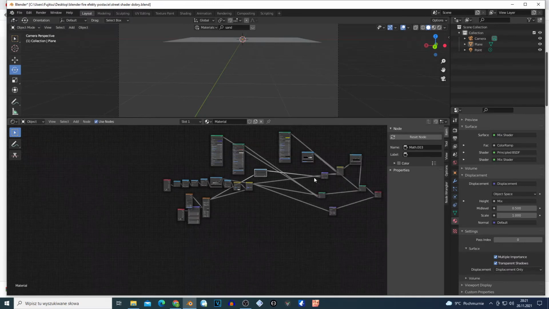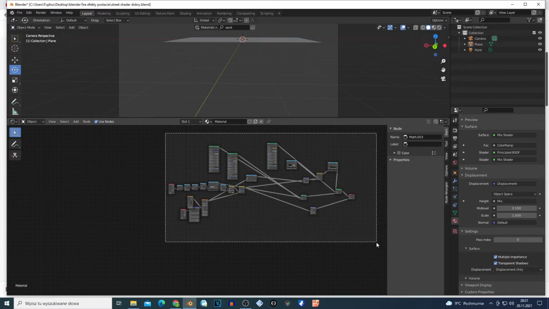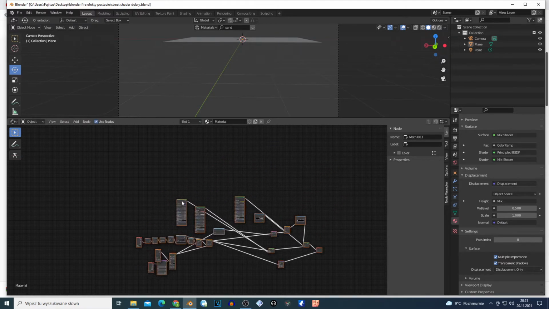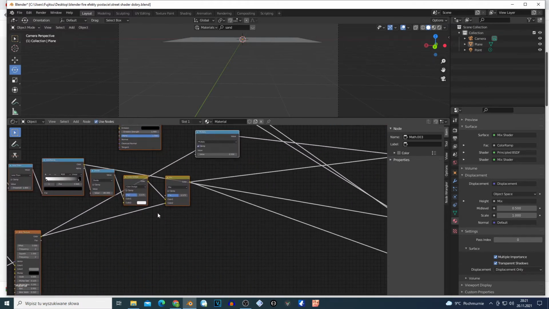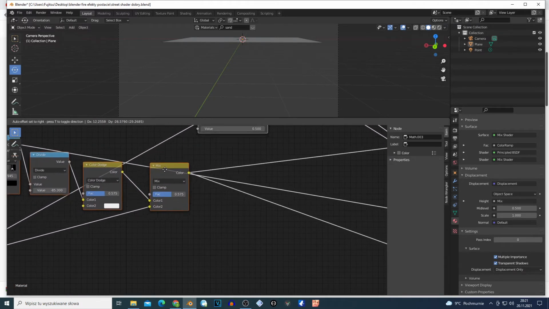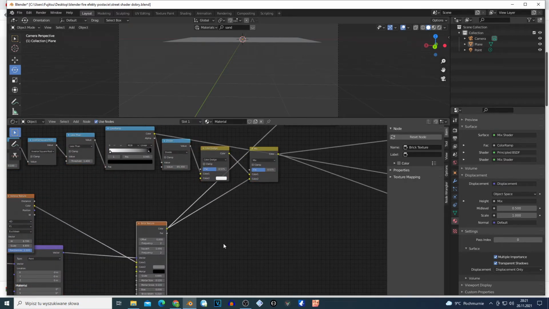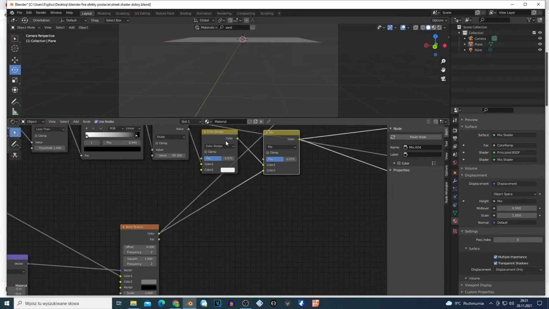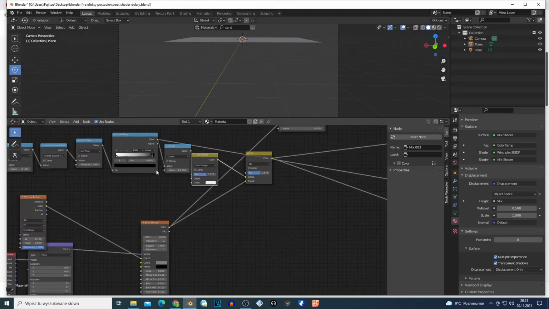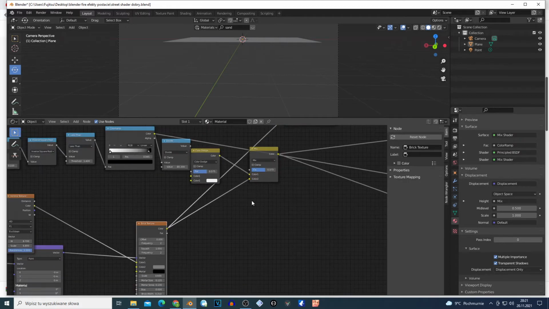Now I'm gonna show you more setup. Wait guys, it's hard to manage this because I have a broken mouse. Basically, you connect this, yes, color dodge and mix RGB right here, but this brick texture goes to the second color on this mix RGB right here, yes, that we're connecting all this from the road, if that makes sense. So this goes to the first color and brick texture, and this whole setup goes to the second color